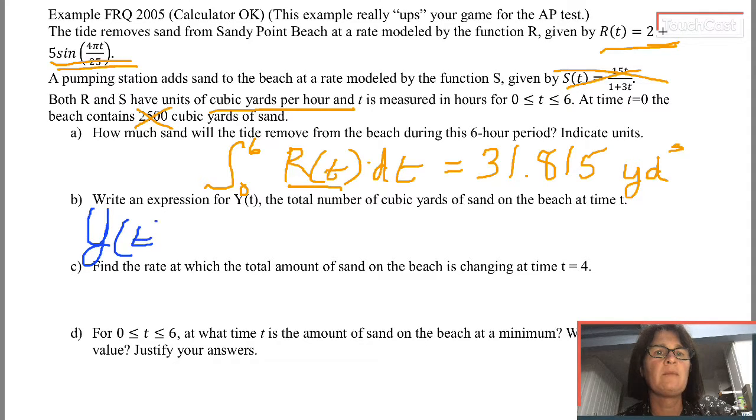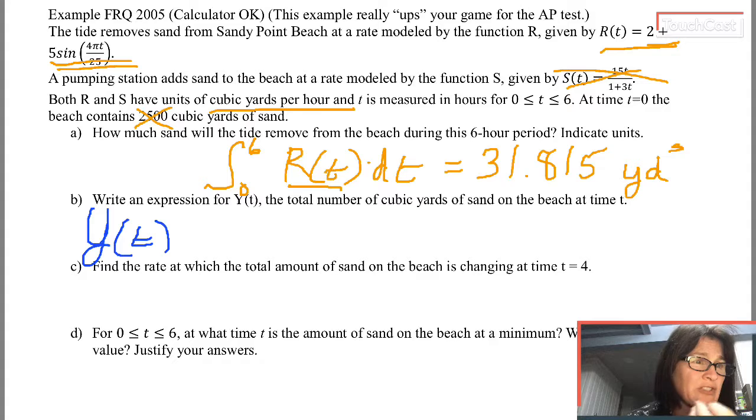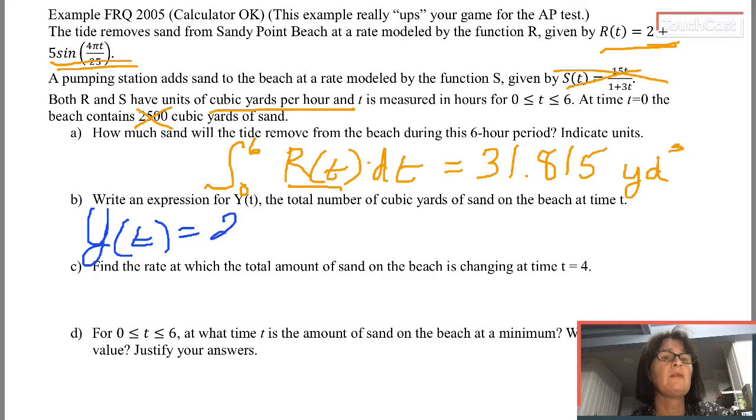Y of t, the amount of sand on the beach, depends on 3 different things here. We've done similar problems that only depended on 2 things, a known value, like an initial value, a starting value, and a derivative. Here we have 2 derivatives. We have 2 rates. One is a rate coming in, and one is a rate of sand going out. So I'm going to have 3 pieces in my function. It's going to be the starting value. So the amount of sand on the beach at time t depends on the amount of sand we started with,